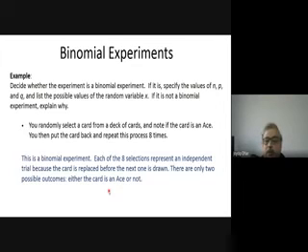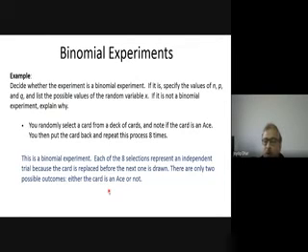So our success is if the card is a spade. This is a binomial experiment because each of the 8 selections represents an independent trial, because we are replacing the card. Every time the pack of cards has 4 spades, and it is either a success or a failure, but every time it is a new independent trial. Each of the 8 selections represents an independent trial because the card is replaced before the next one is